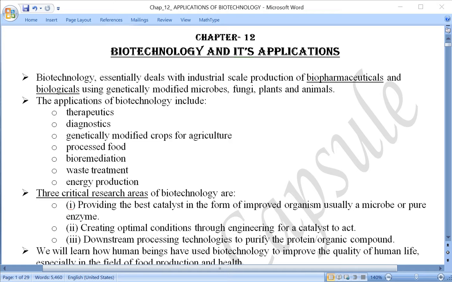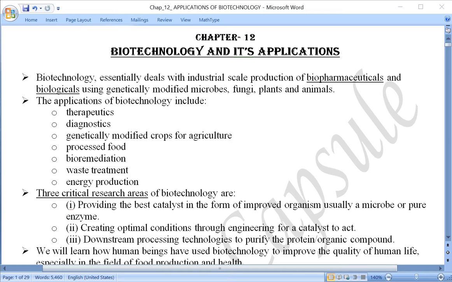And the last step that we had discussed was the downstream processing. Downstream processing means starting from, let us say, separation, and then later on purification, packing, and then sending it into the market. Let us take an example of insulin. Now, in which part of the country or the world is insulin not available? Insulin is available everywhere. Long back, let us say more than 40 years now.